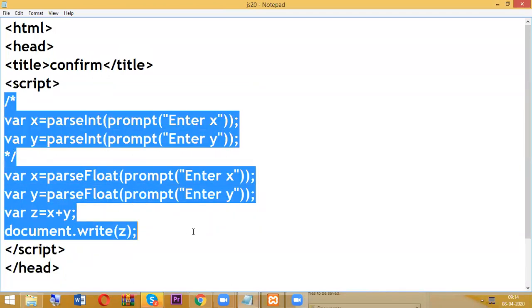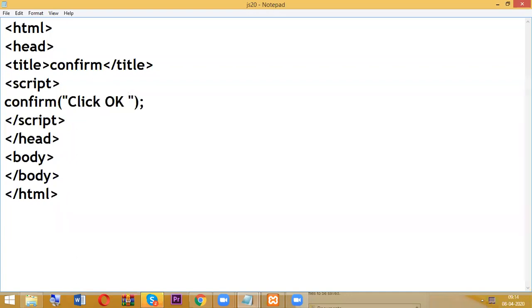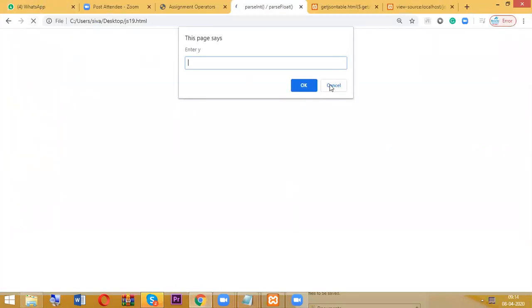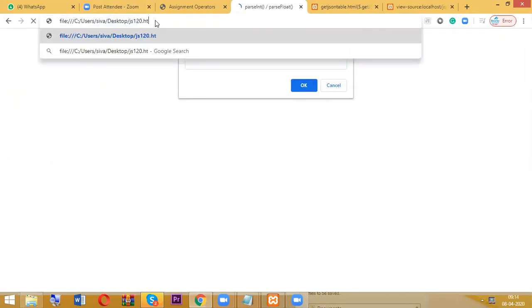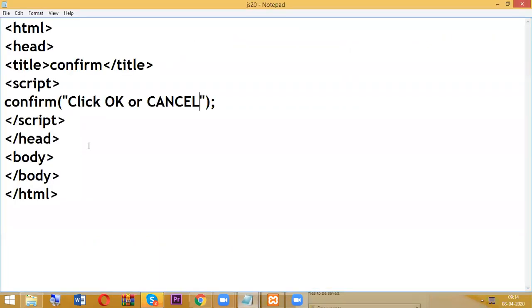For example, if I write confirm, click OK or cancel. Okay, not this one. Sorry, our program is 20. So we don't know, right? The user will click on the OK button or the cancel button. So how to recognize it?